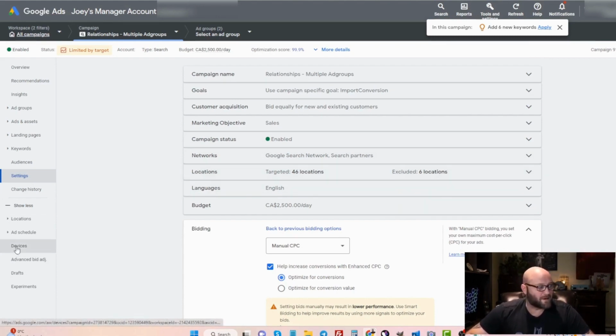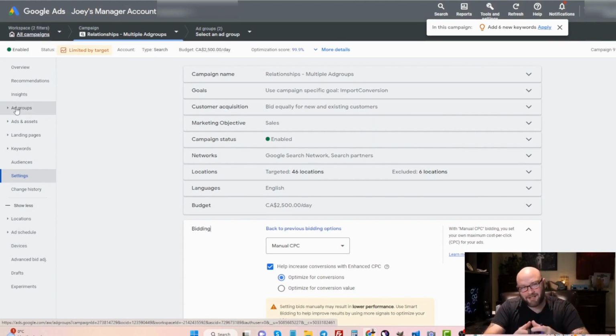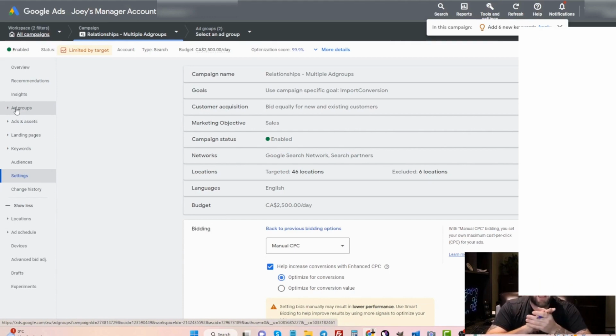You also want to start looking at your devices to see which devices are getting you the most conversions, maybe adjust bids based on mobile versus desktop versus tablet. And you're also going to want to start doing some ad groups, different angles, different strategies in each ad group, okay? All of this is covered in the 30-day challenge. If you want more details on how to run campaigns,